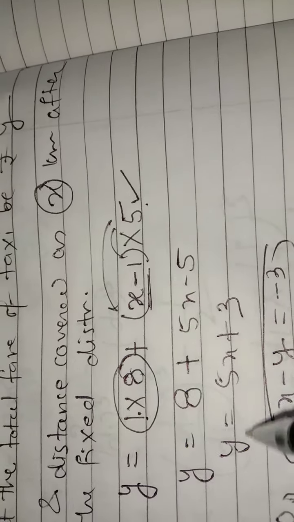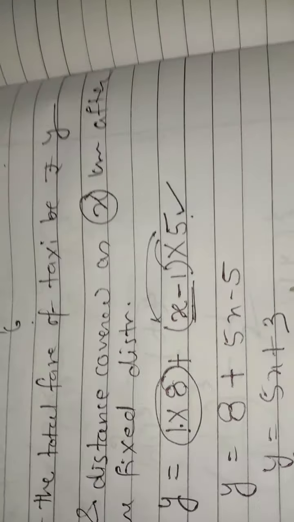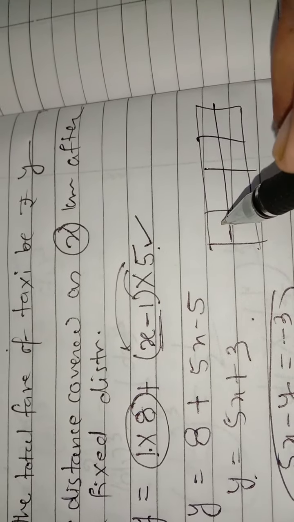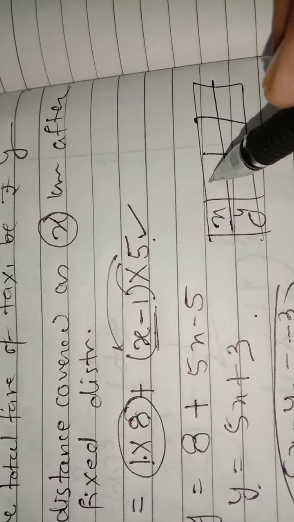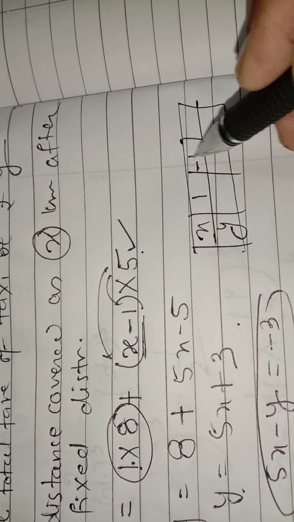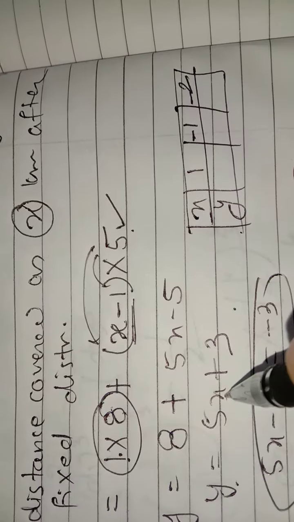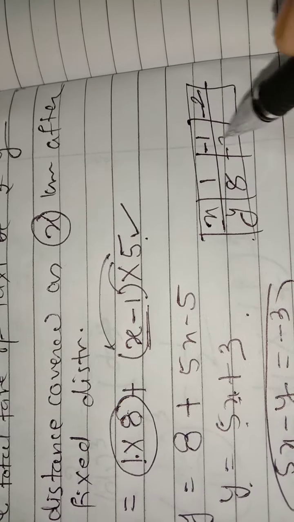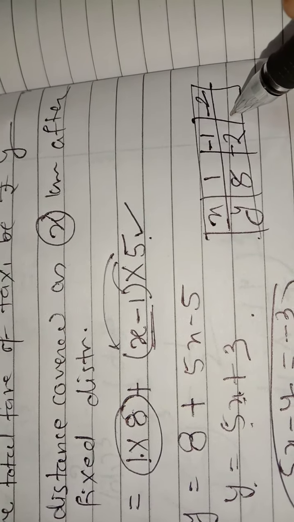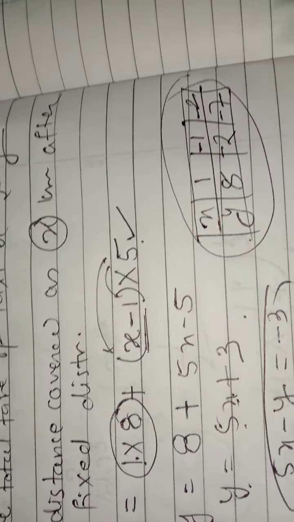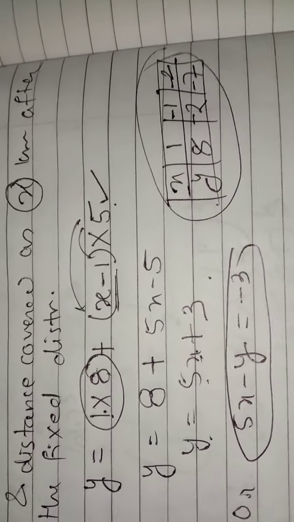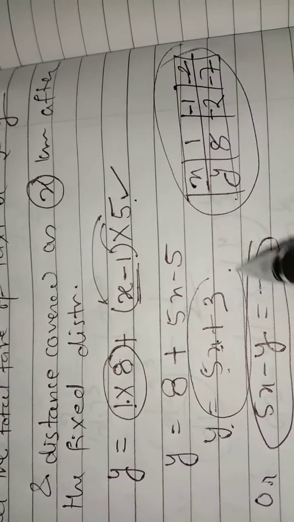No need to go for this. You take y is equal to 5x plus 3 and take, as I told you, 2 to 3 values, putting the values of x and y. Take x is equal to 1, then x is equal to minus 1, x is equal to minus 2. For x is equal to 1, y is 8. For minus 1, it is minus 5 plus 3, which is minus 2. And then minus 10 plus 3, it is minus 7. And you will plot the graph of this equation. So what will you get? You will get a straight line, because this is a linear equation. So follow this concept to solve this question.